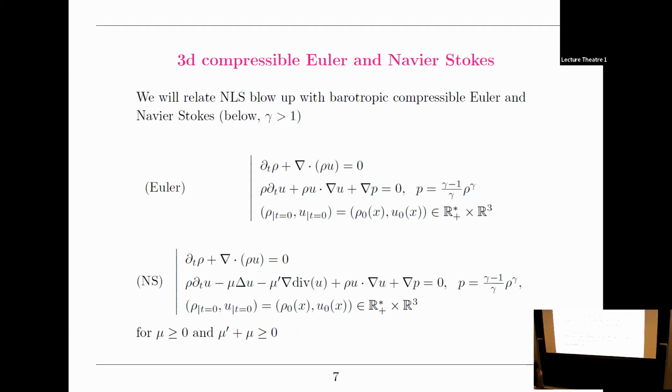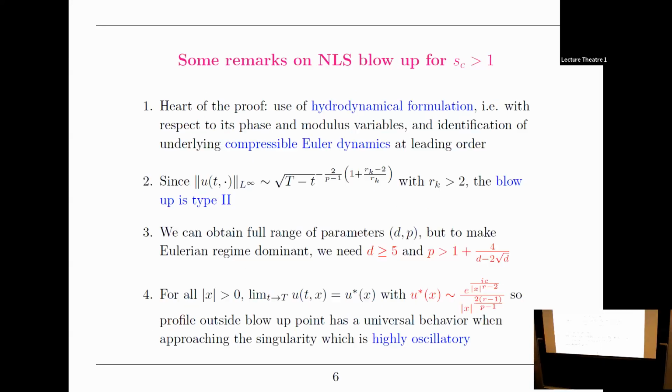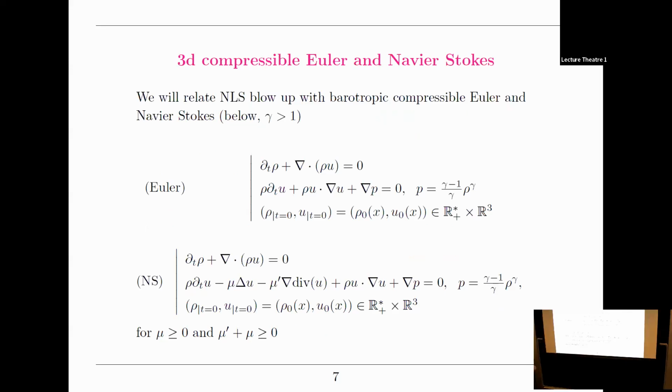Okay, so I want to spend still one more slide on NLS and then move to fluids. But before that, let me recall the Euler equations in the form that Louis likes, as we saw already in her talk and the one of Igor. These are the barotropic compressible Euler. In other words, the pressure is a function of the density, and here we take the special case where the pressure is a power of the density, which allows you to have a scale invariance.